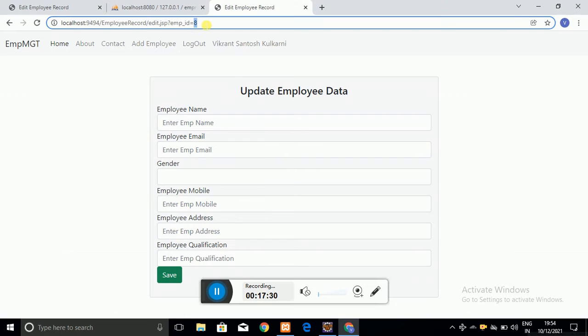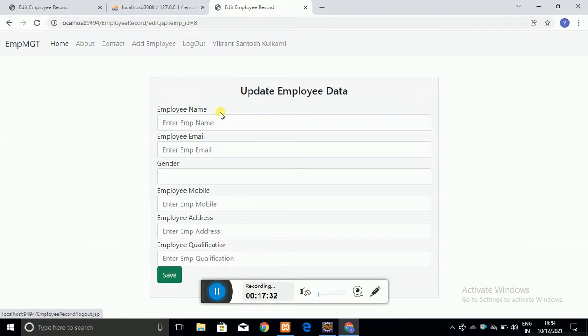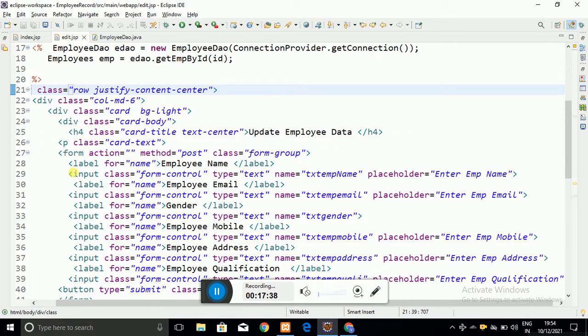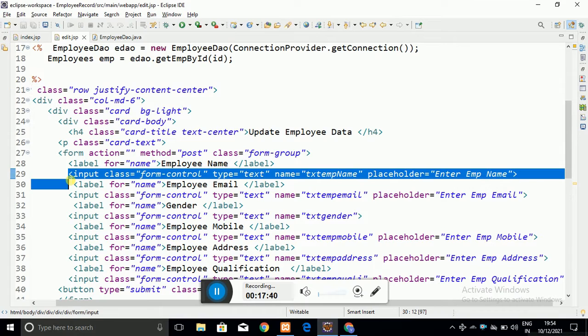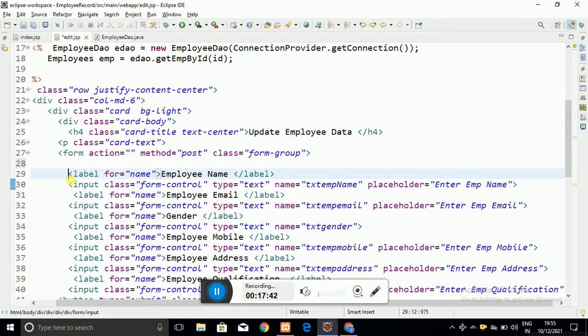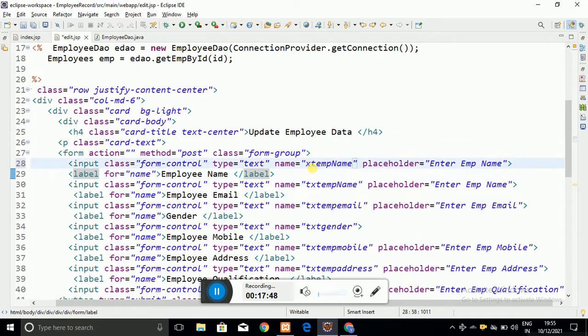Now I have to fetch all the details of the employee with that particular ID. Here I have to fetch one more thing, the employee ID, into a text field, and then we are going to hide that text field.